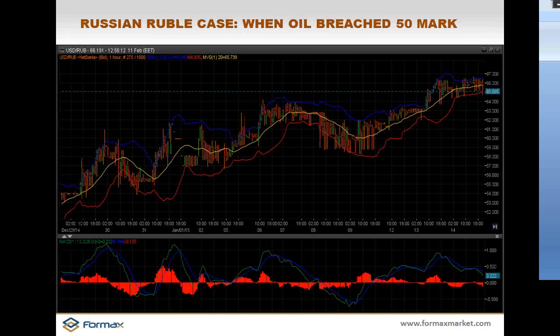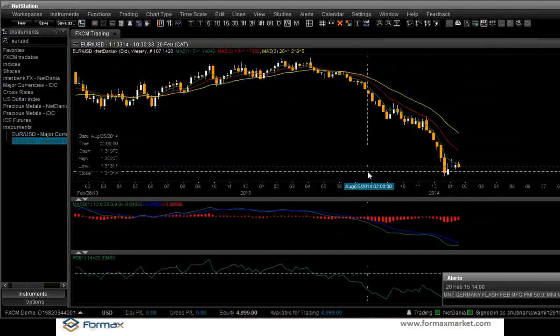Now there was a case just around five to six months back of the Russian ruble. So what exactly happened: there was a sharp fall in the oil market. We can see that currently it is trading somewhere around 52, 53, but earlier it went down to 41. So when the market suddenly breached the 50 level in crude, or say the US oil WTI index, after that there was a, one second,